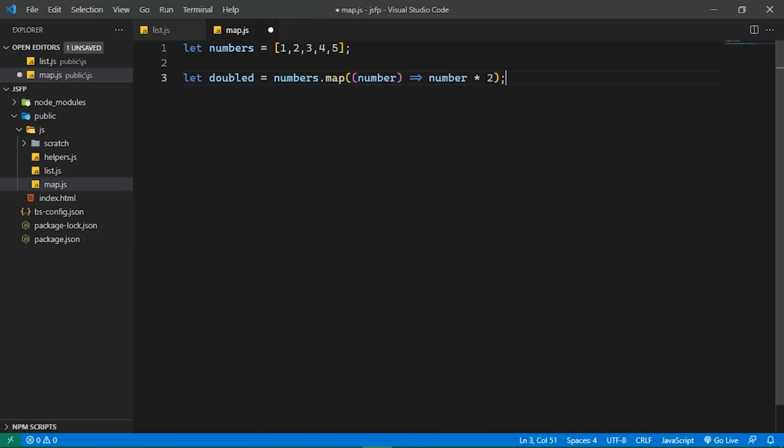And that's it. Whatever return value our callback function is going to return is going to be placed inside of the new array. So this is going to give us a new array that is 2, 4, 6, 8, and 10. And that is so much cleaner than writing a for loop or even a for in or using the